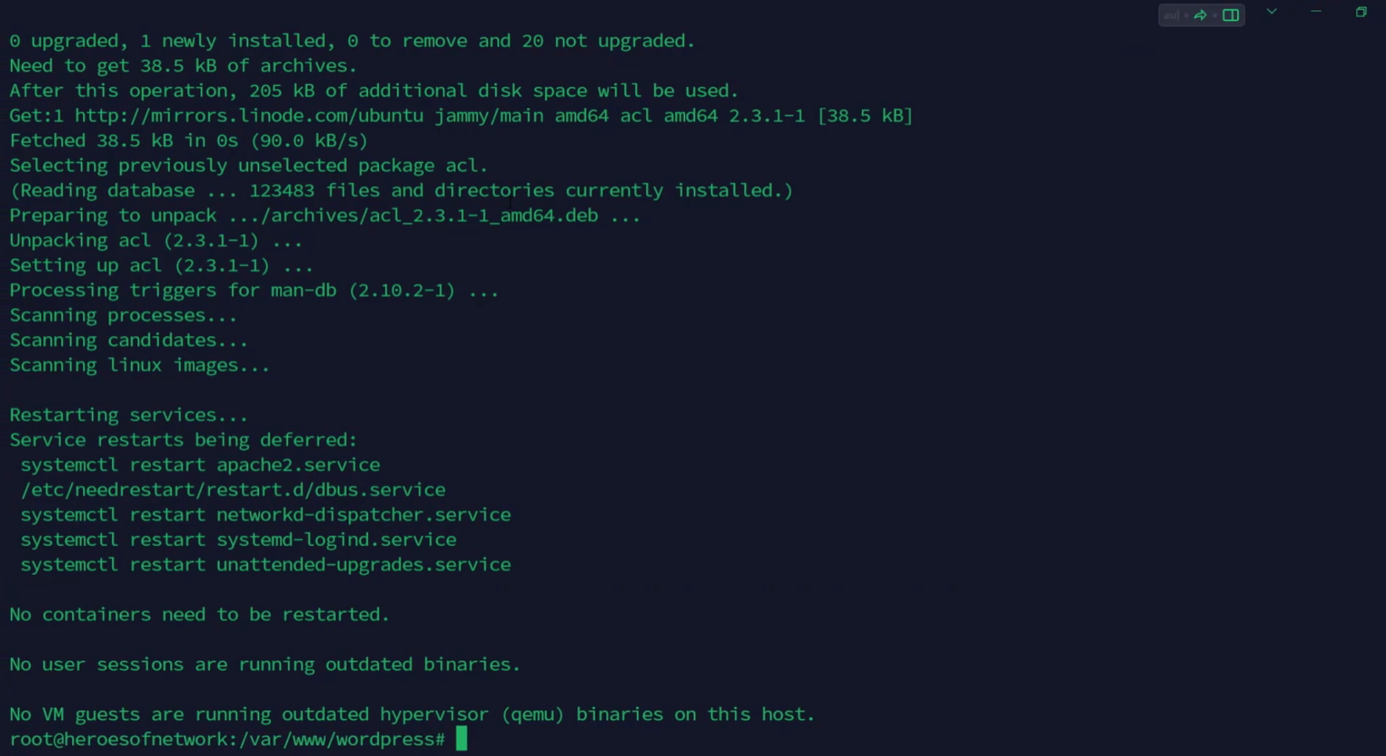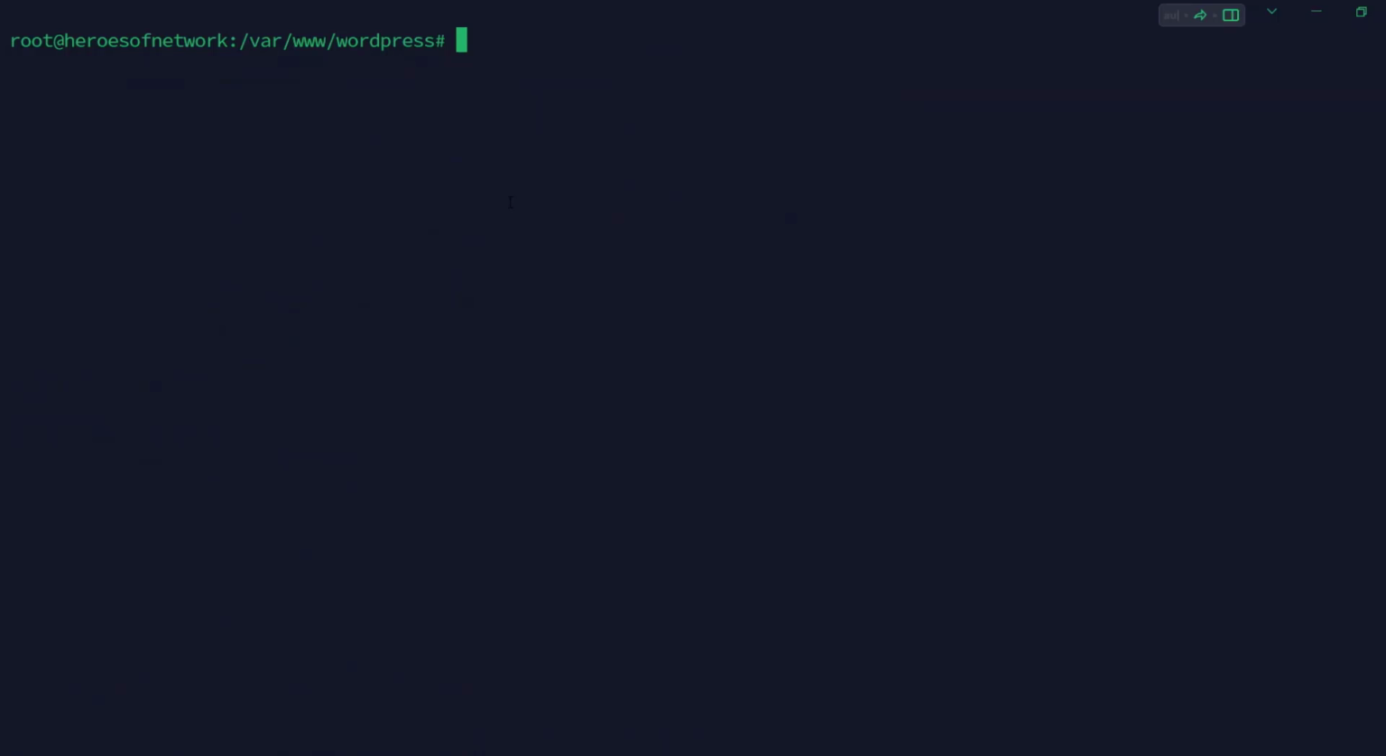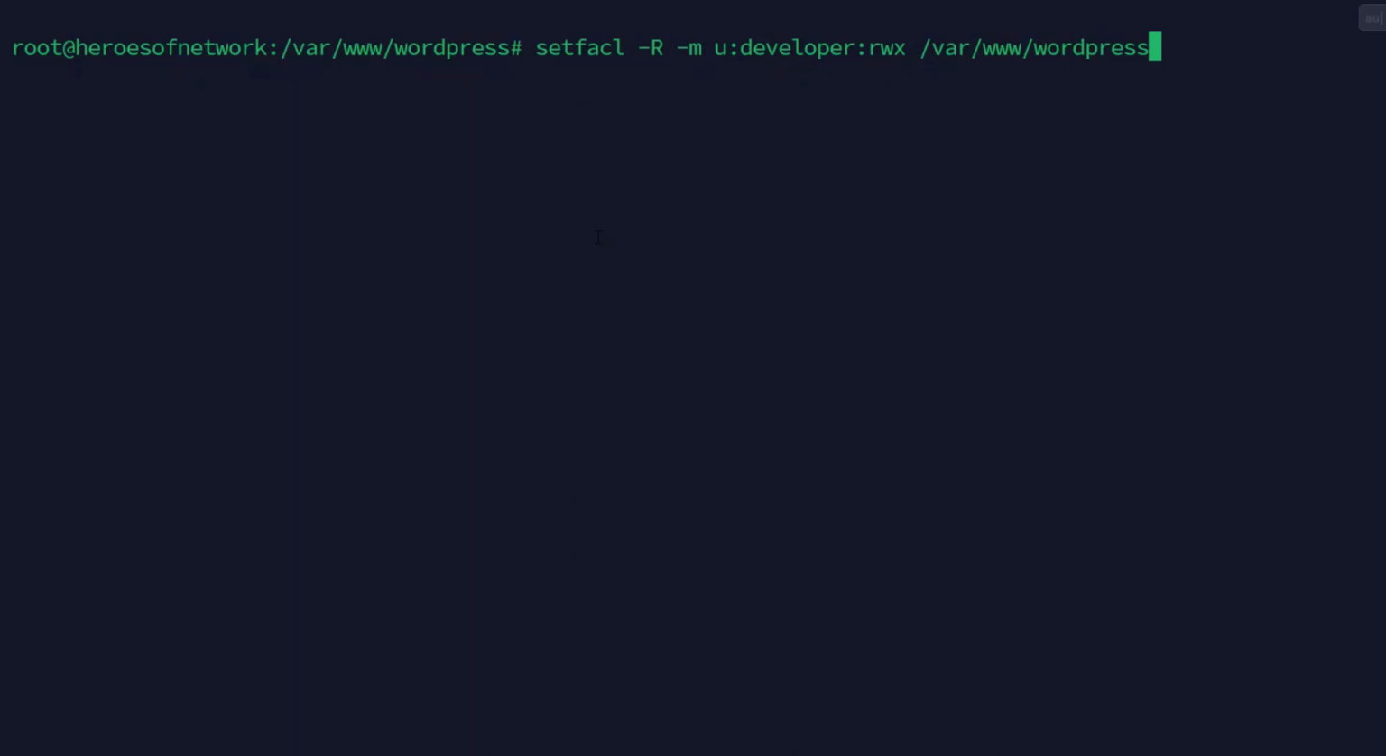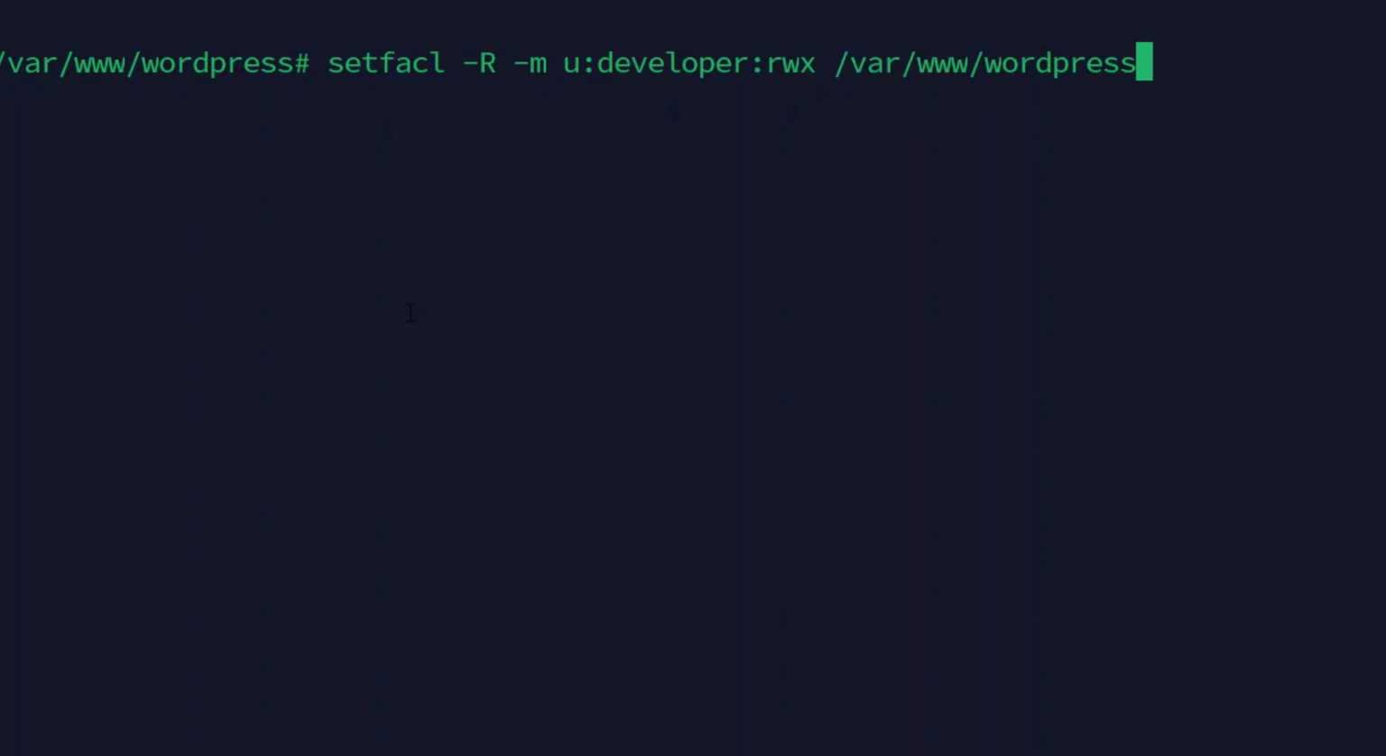Now let's set an ACL for the user developer to the directory /var/www/wordpress as setfacl -m u:developer:rwx /var/www/wordpress. Here setfacl is the command to set file access control list or the ACL. -m is the option to modify the current ACL of the file. u for the user, rwx to allow read, write and execute permission and to the specified directory